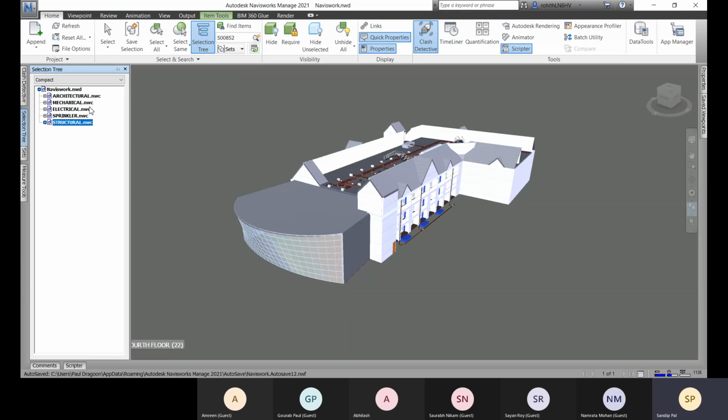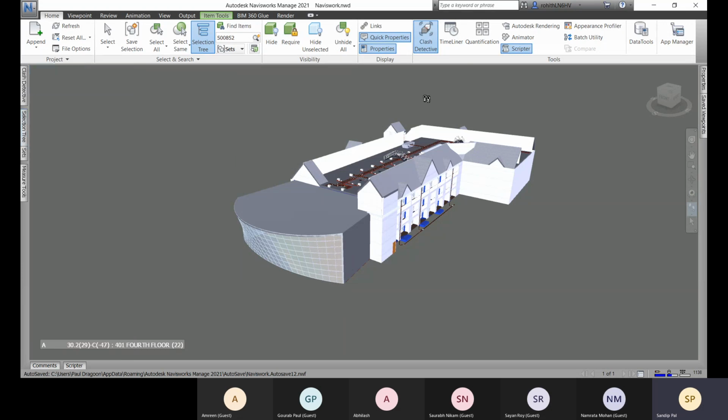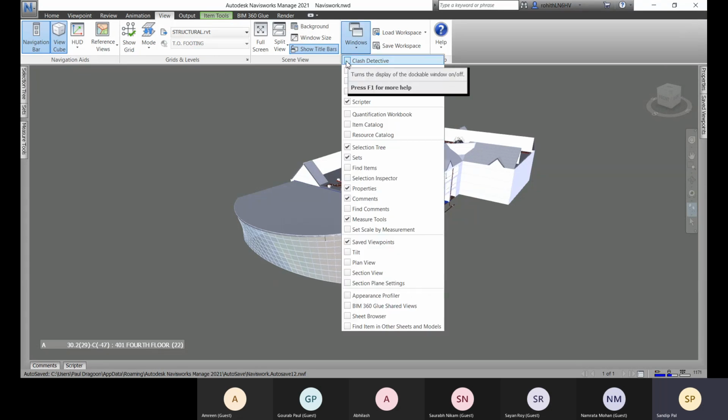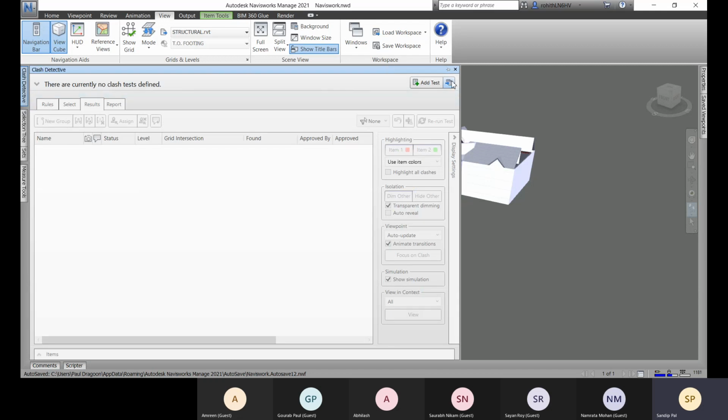So NWC, all the files are available there, and here you can see that this Clash Detective option is checked right now. If it is not checked, then the Clash Detective window will not come up. You can come to this View tab also, and there you can check this Clash Detective option, so that will help you add the Clash Detective window to your screen.